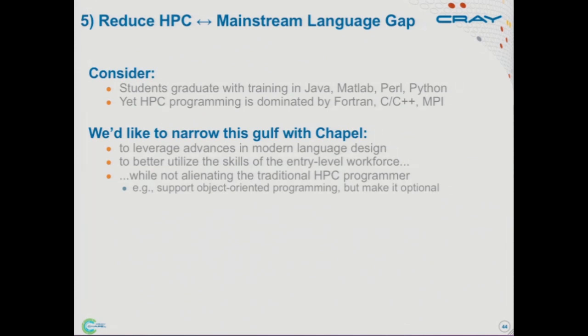You can use it if that's the way you think, but it's not a very pure object-oriented language. So it's not like Java where everything is an object. It's an optional piece of the language you can leave aside, and you can program in a much more traditional block imperative style if you prefer. And that's this fifth theme.